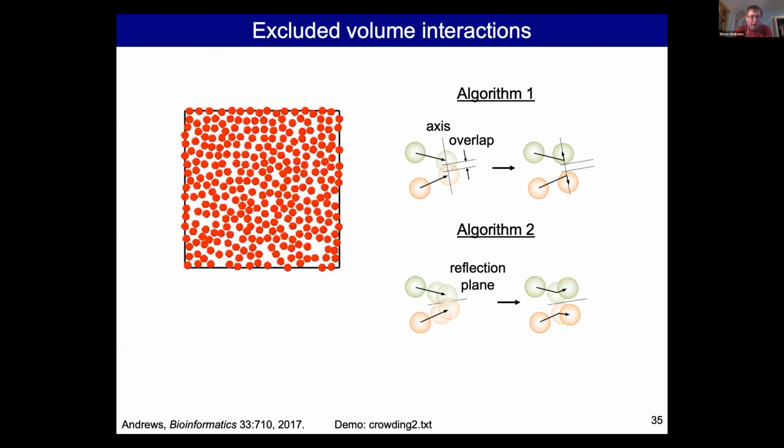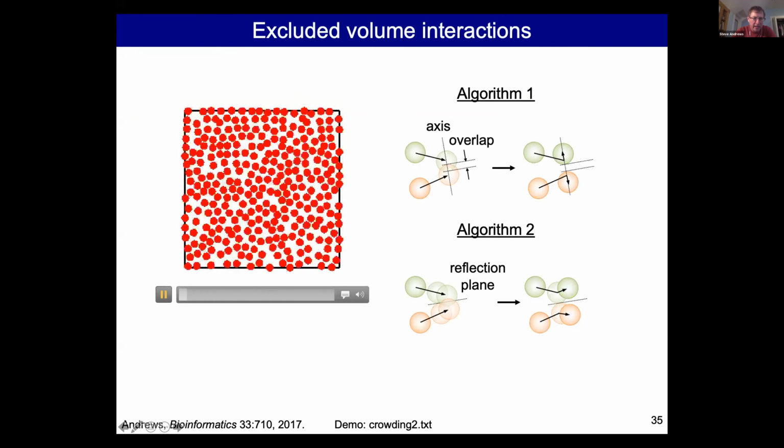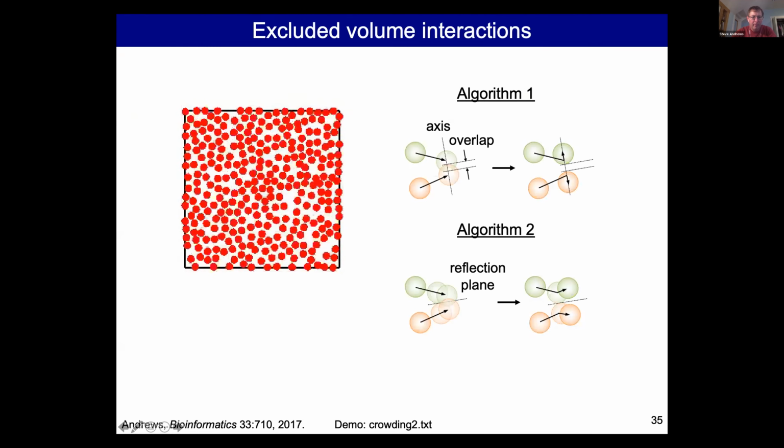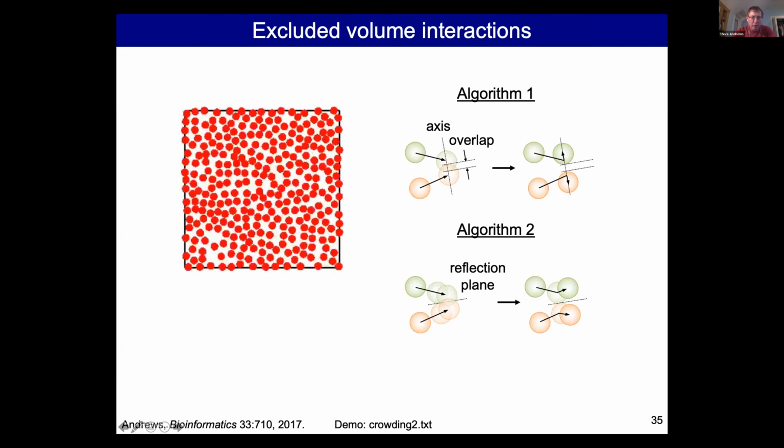And then going on to volume interactions. So in this simulation, you have particles in a box, and they have a sort of volume. To do that, I have two algorithms. These molecules collide after diffusing, and then there's an overlap. One algorithm is trying to push them apart by the overlap. So they have to come apart by the same amount that they initially overlapped. Or else you back up the time a little bit to where they first collided, then reflect off that position.